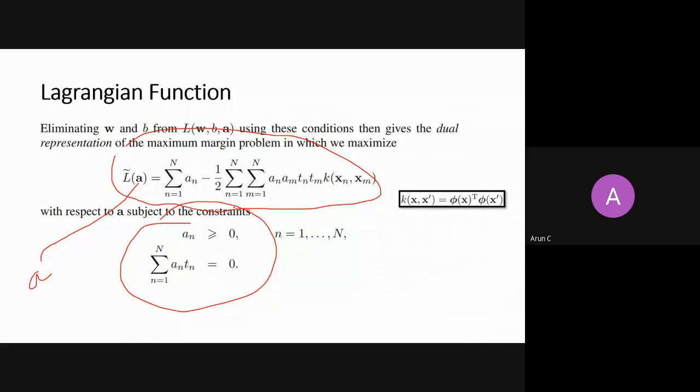So ultimately, if I solve this optimization problem, I will get a vector. The dimension of the vector will be n by 1, and n is the number of points. So for some support vectors, it will be non-zero, and for the rest of them, this vector will be 0. Is this making sense to you guys?